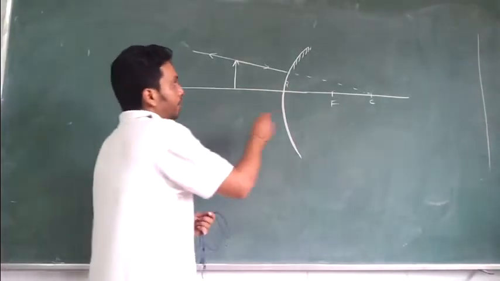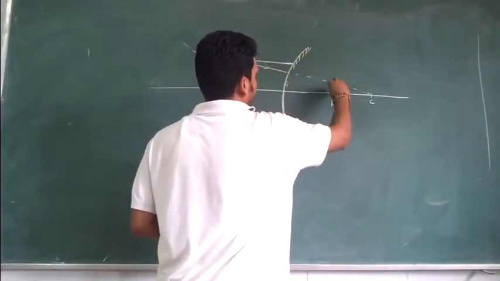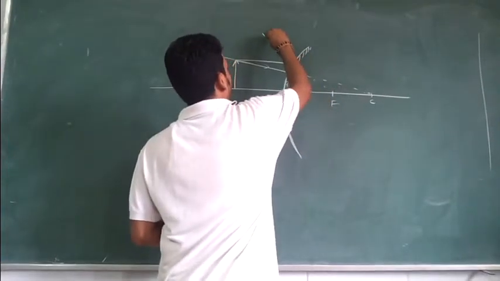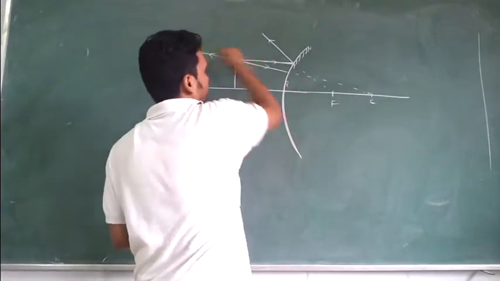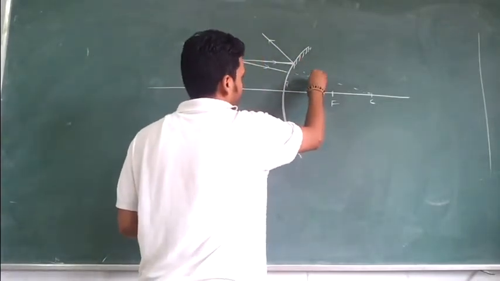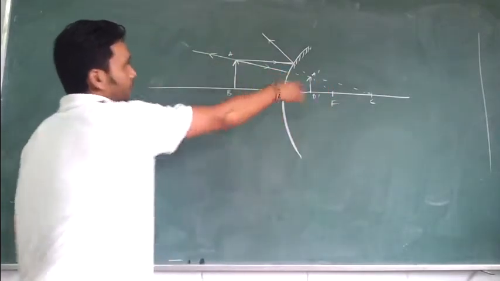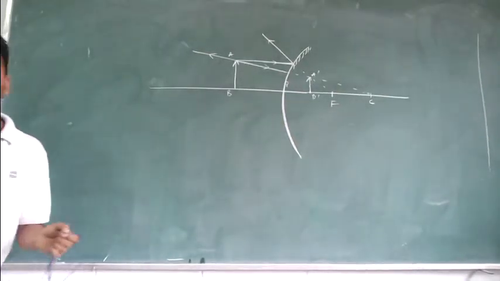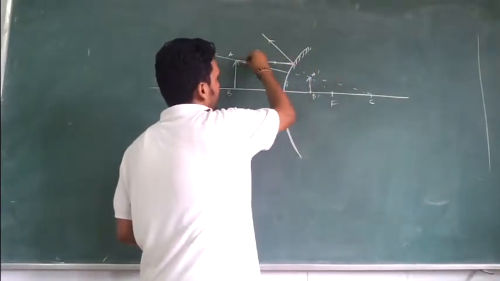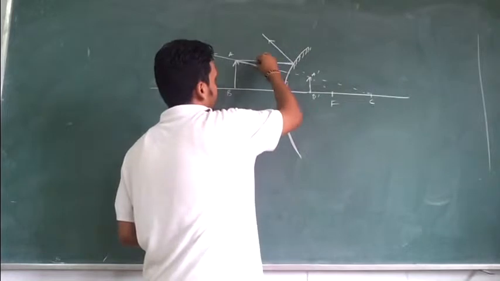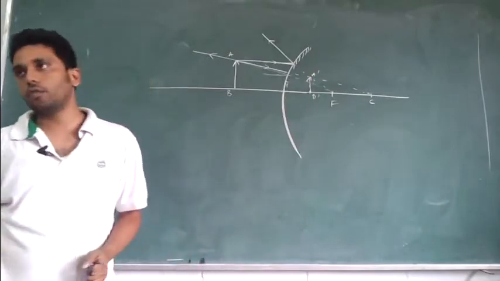Another one you can make is a parallel ray. What happens to this? It gets reflected as if coming from the focus. We already did it. So if this is the eye, they will think that the object is formed over here. This is your image. Any doubt? You could have made one ray headed for the focus. What will happen to that ray? This ray which is headed for the focus will become parallel. You extend it back and it will be forming at the same point.